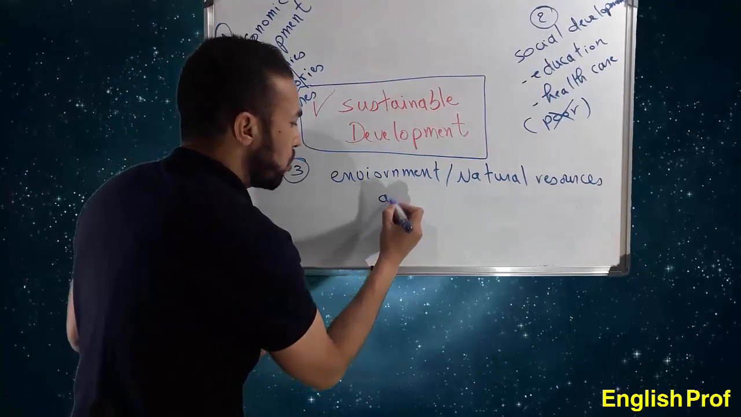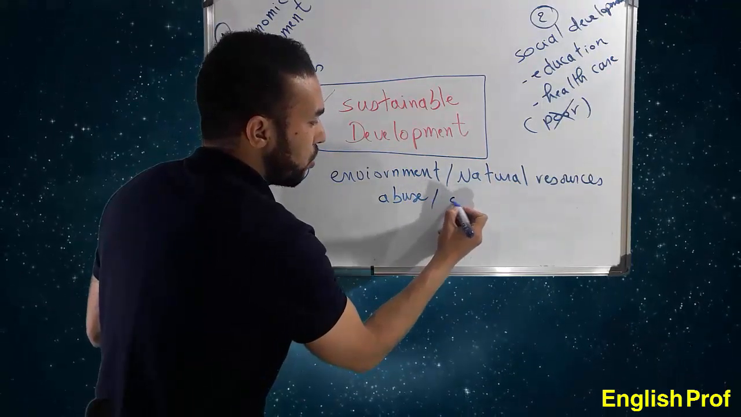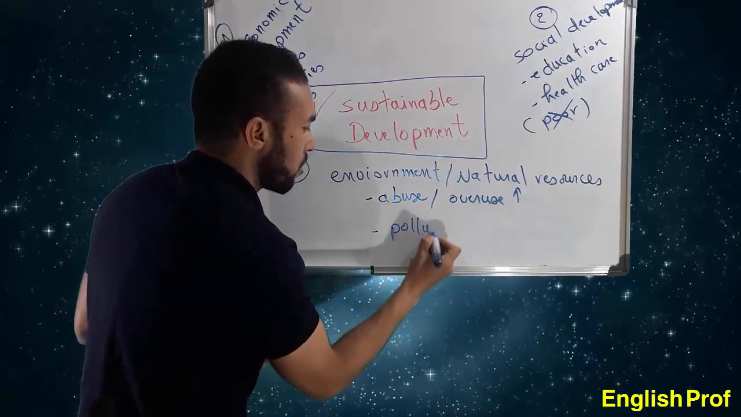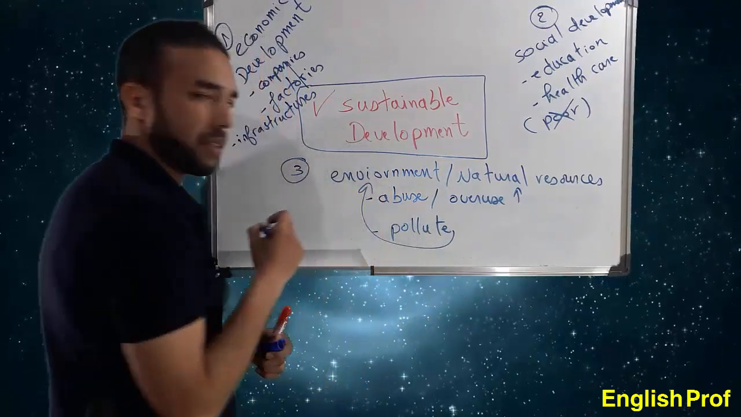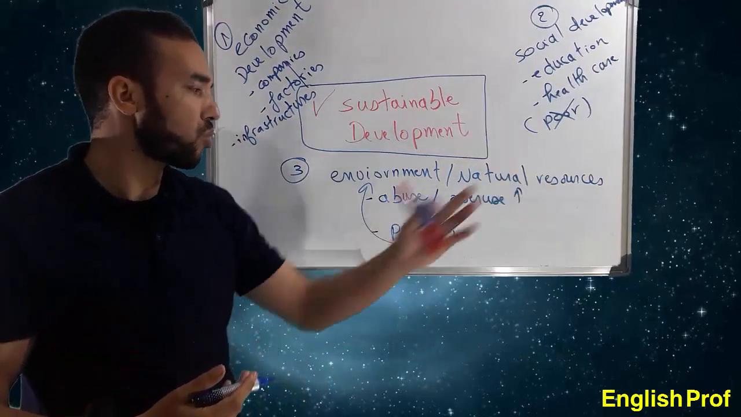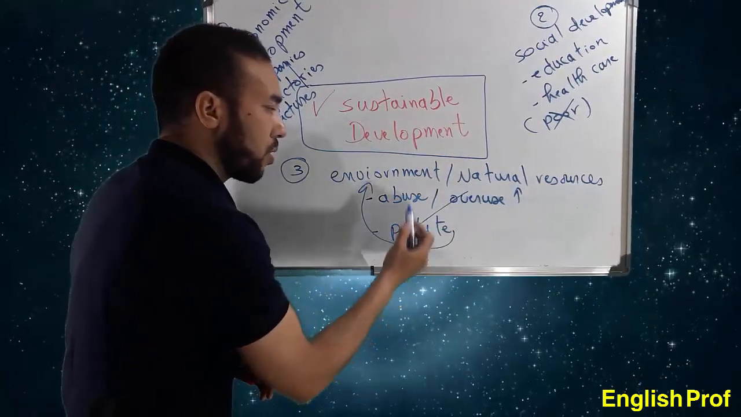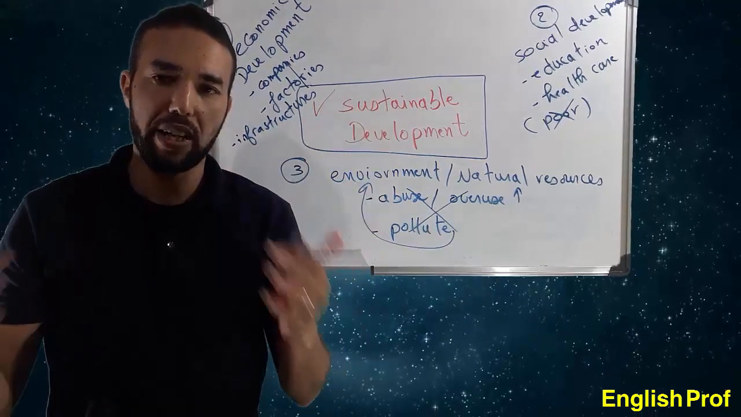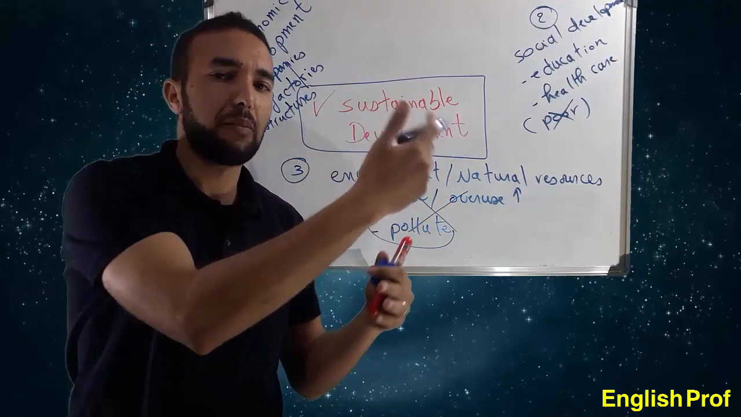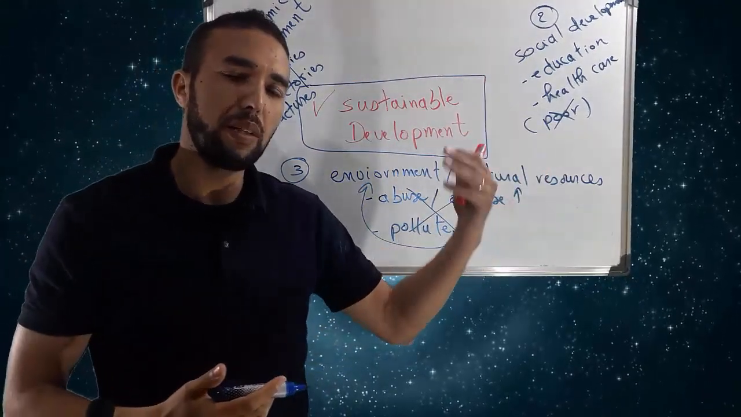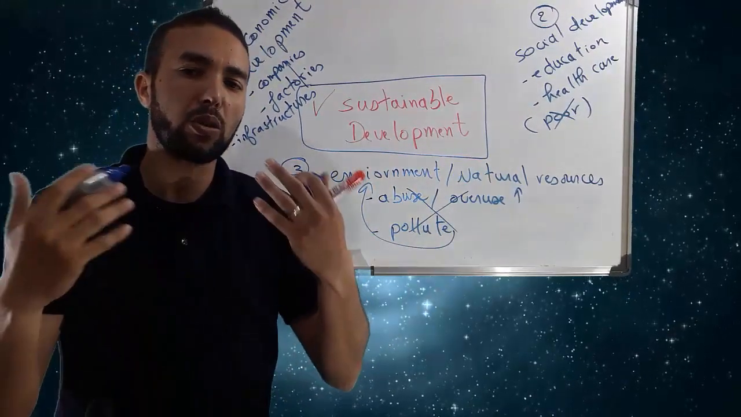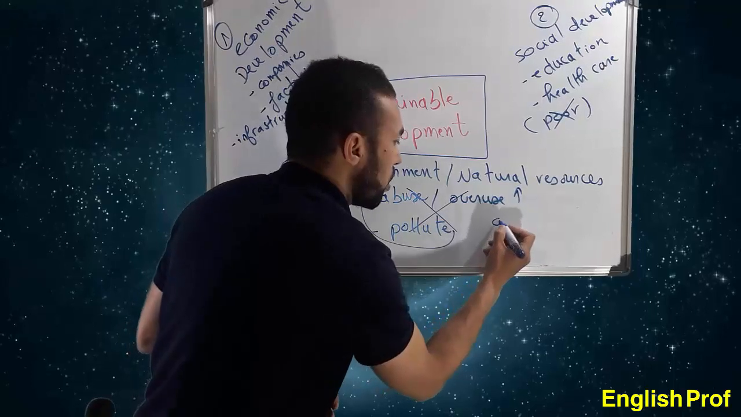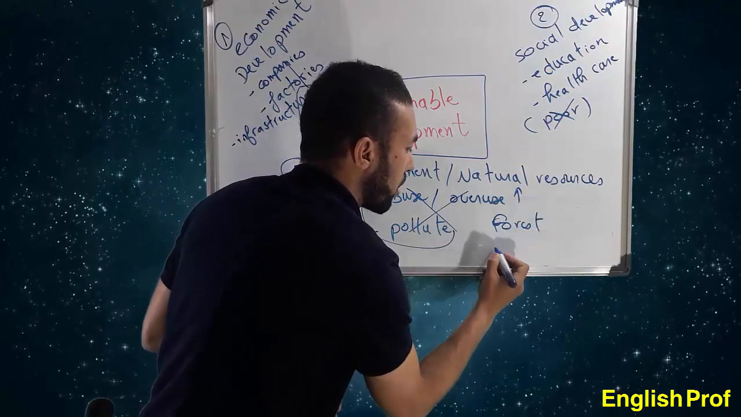So they overuse natural resources. They pollute their environment. If you are abusing or overusing your natural resources and you pollute your environment, you cannot have sustainable development. Simply because first, you're destroying the environment, your planet, and you don't care about the coming generations. If you are using all natural resources, it means in the future, your kids, the coming generations, will not have enough natural resources because you destroyed everything. You destroyed natural resources, you destroyed forests,